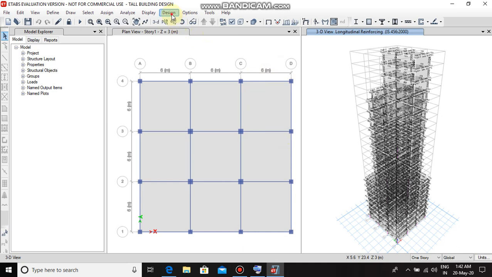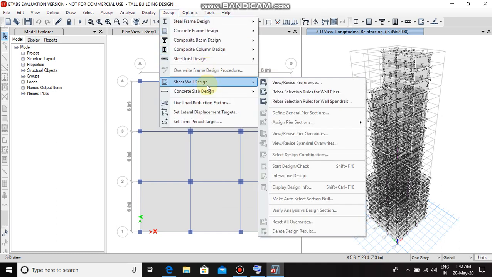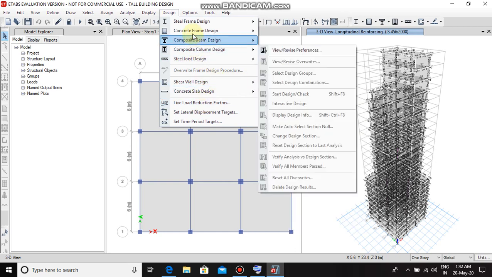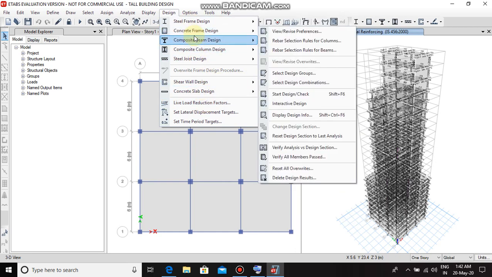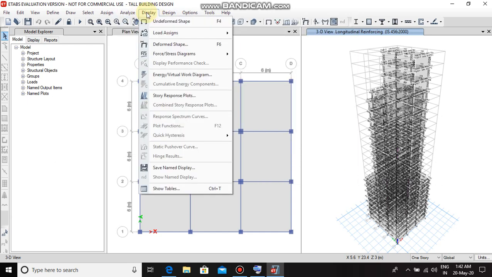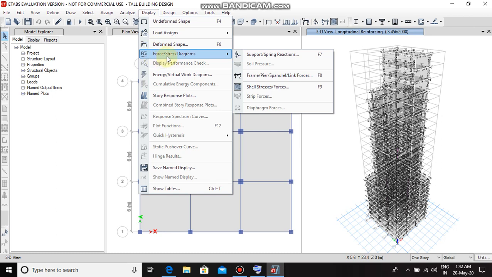Now go to design, concrete frame design. From the display menu, we can see force stress diagram.